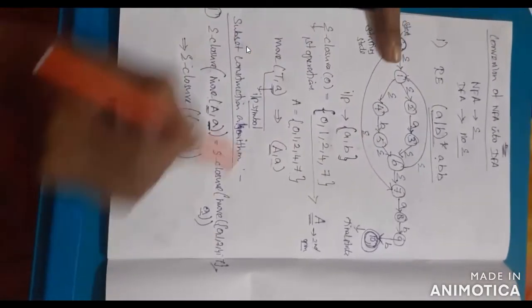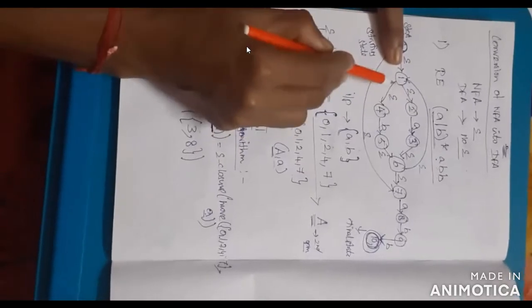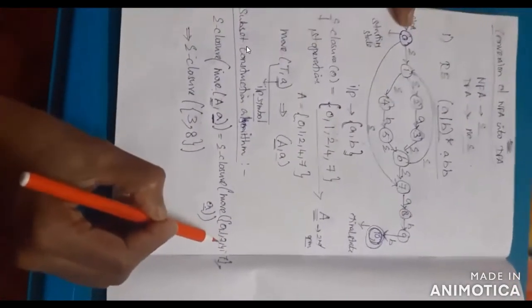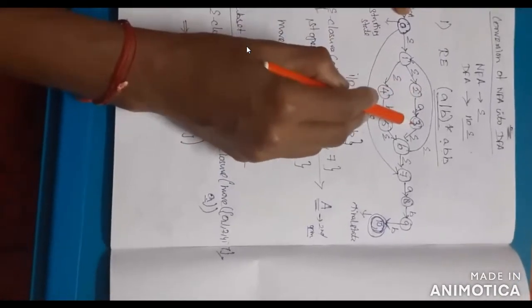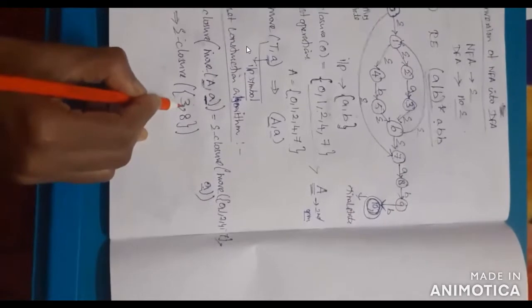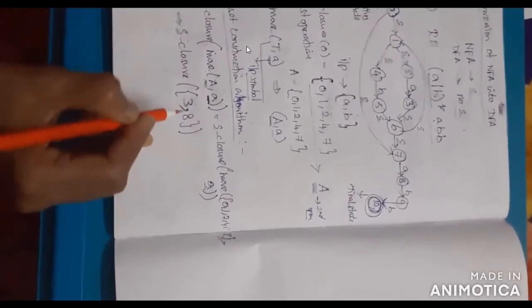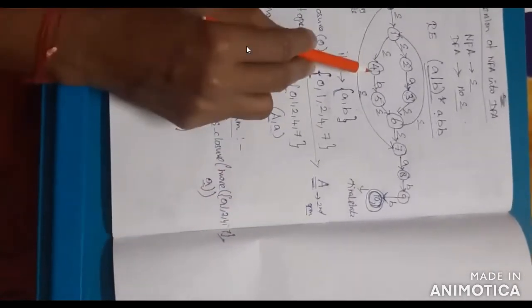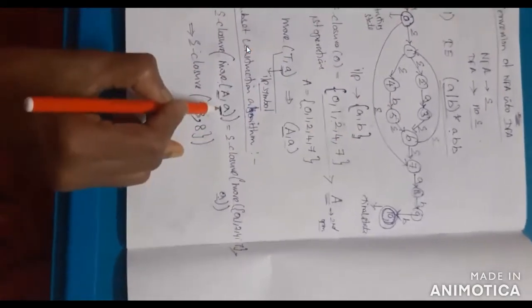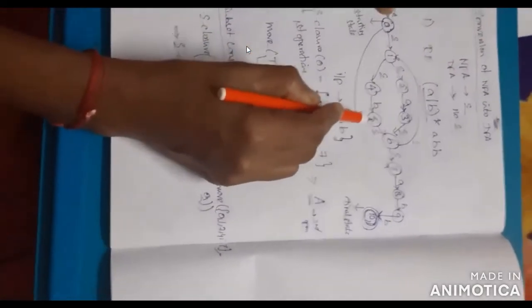Next you can go for 1. 1 can move from 1 to 2, 1 to 4, both are empty, so no need to add. Next you have to check for 2. 2 can move to the next state 3, and the input symbol is a, so now I added the value for state 3. Then check 4. 4 can move to 5 with the input symbol b. Now you are checking only for a, so no need to add state 5.